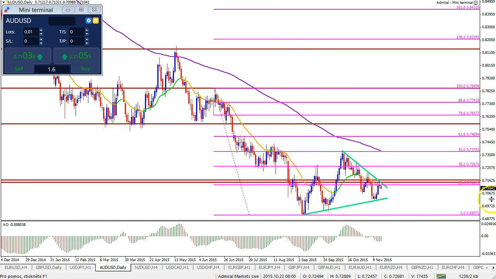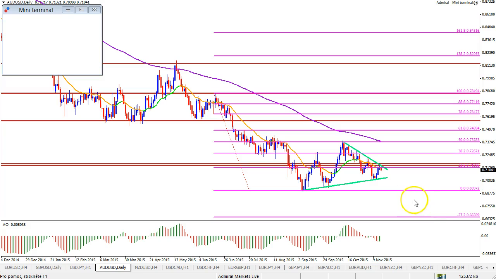You can see that for me, the breakout level is the support trend line. If it breaks below that support trend line, there could be a drop down to the minus 272 target at 66.50. Or if it breaks above the resistance trend line, especially if it breaks above 71.75,